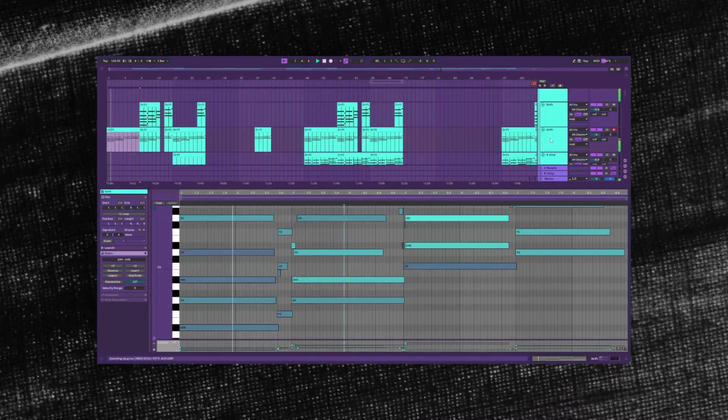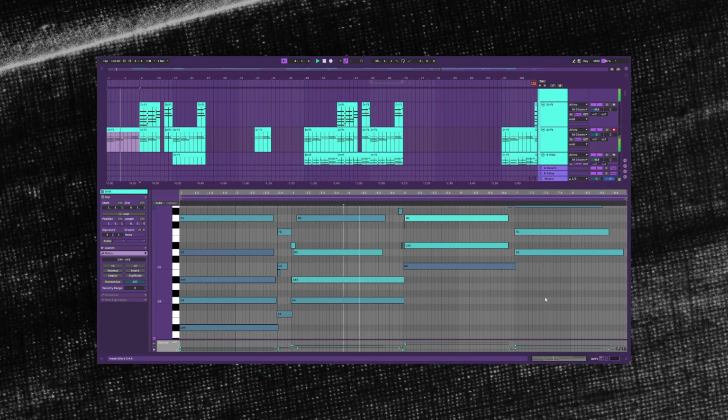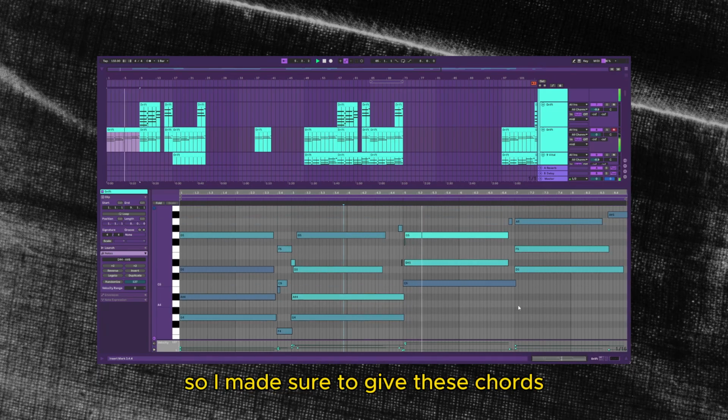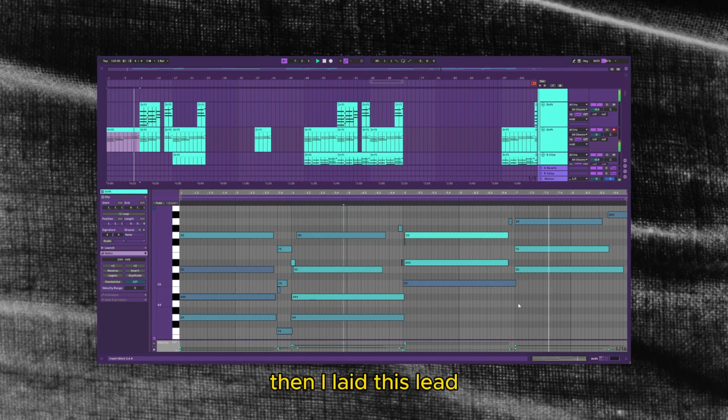I started with these chords on the Ableton Drift synth. It gave me an ethereal feel, so I made sure to give these chords lots of space within each other. Then I layered this lead,